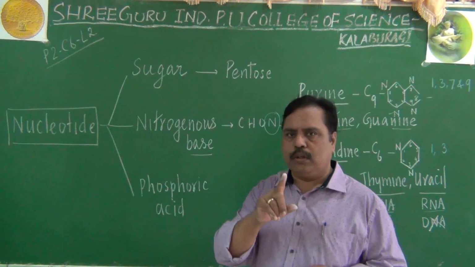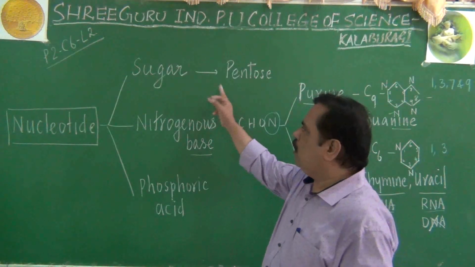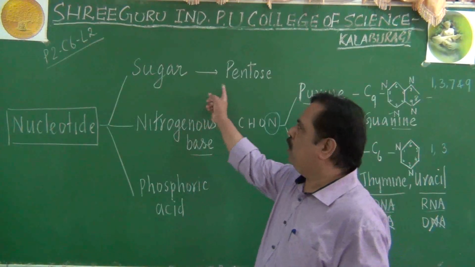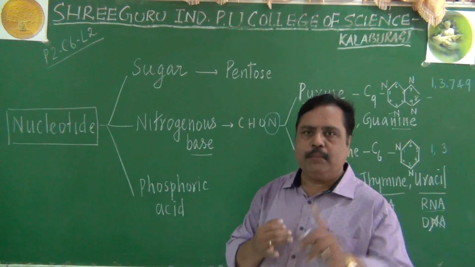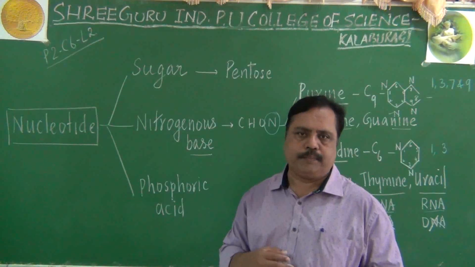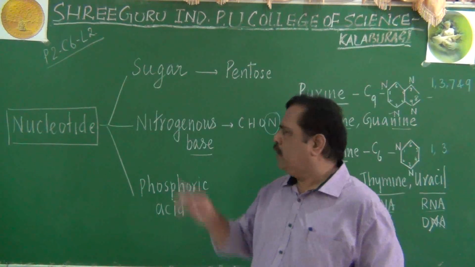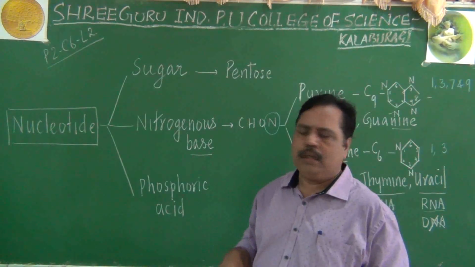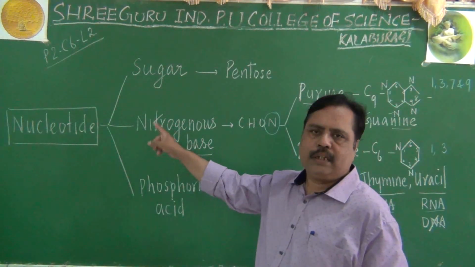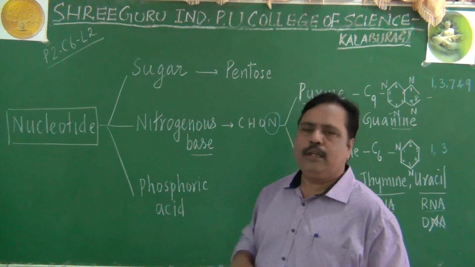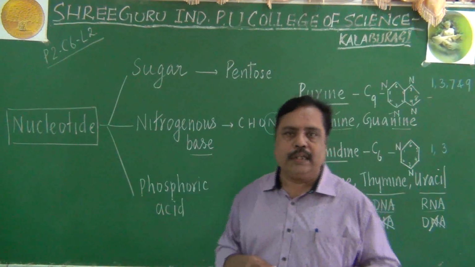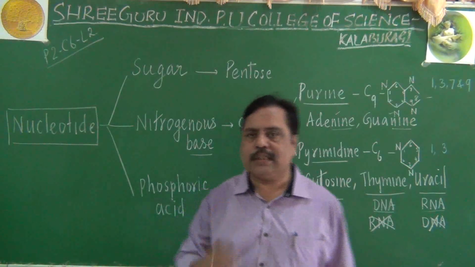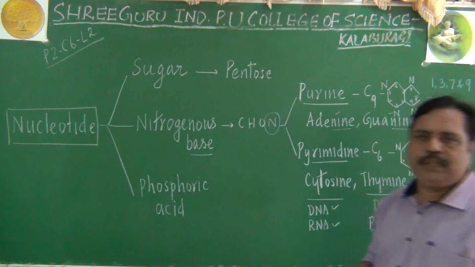So a nucleotide can have only one type of sugar molecule. Even though there are 2 types of sugar molecule, only one will be present there, depending upon DNA or RNA. Similarly, in nitrogenous bases also, even though there are 5 types, only any one will be present in a given nucleotide, except thymine and uracil. Remember that point. That is regarding nitrogenous base.